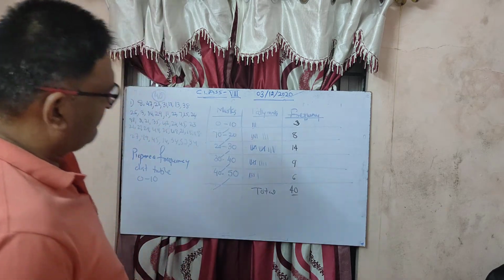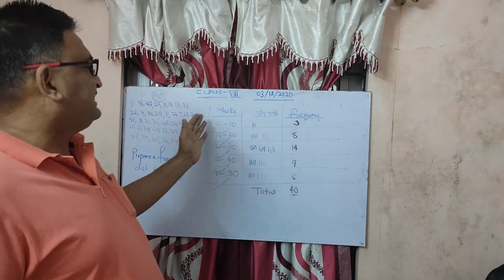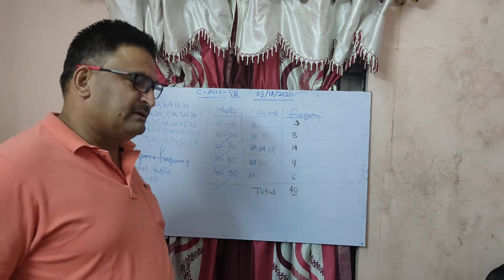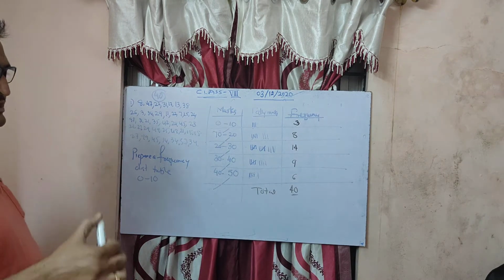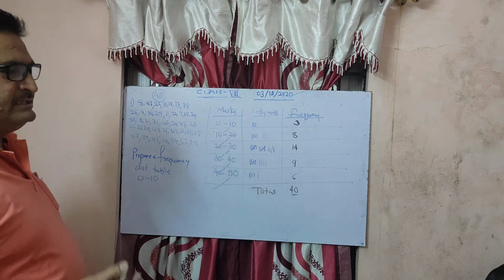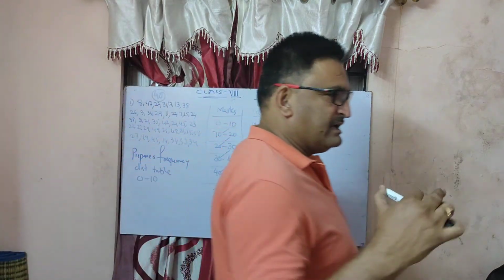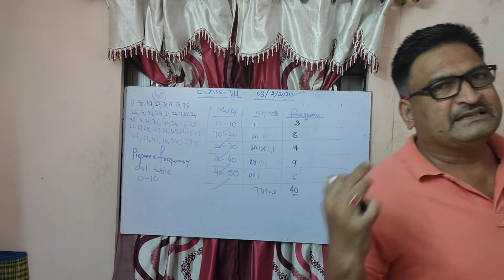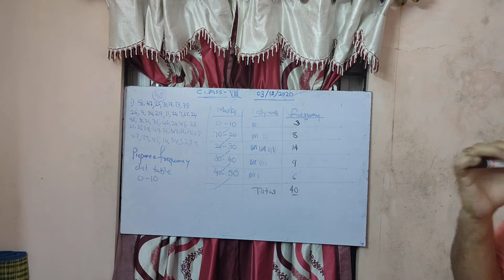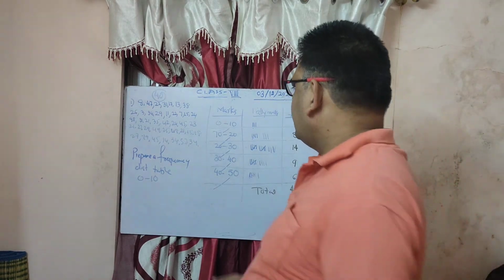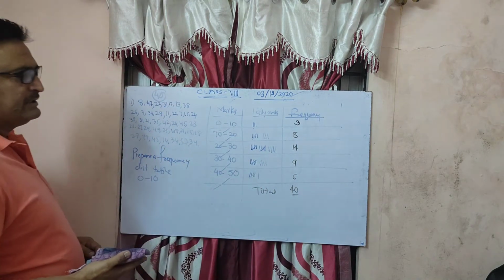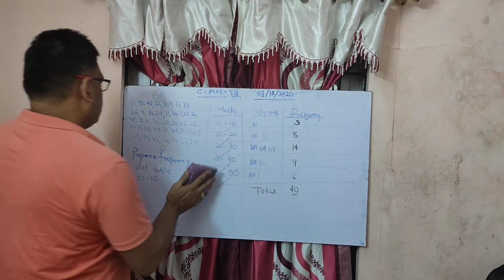Sometimes what happens, based on this table, some questions will be asked. Now we will solve another example. In that we will come across various questions, and we'll solve those questions. Okay. Now let us solve another example. I think you understood how to do it, isn't it? Okay, now